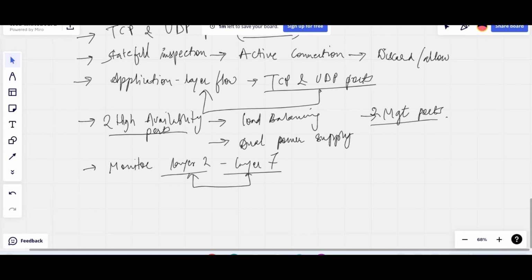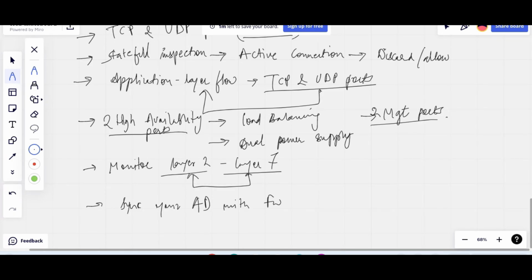I also want to add one thing here: you can also sync your users, your active directory, with the firewall. There is an option where you have your Windows server with all the clients, and you are maintaining your active directory, so you can also sync with AD. This helps you identify